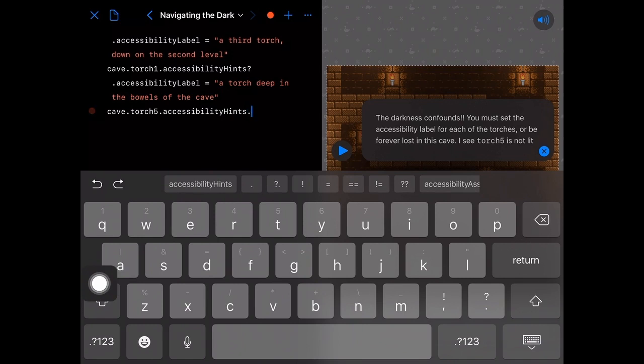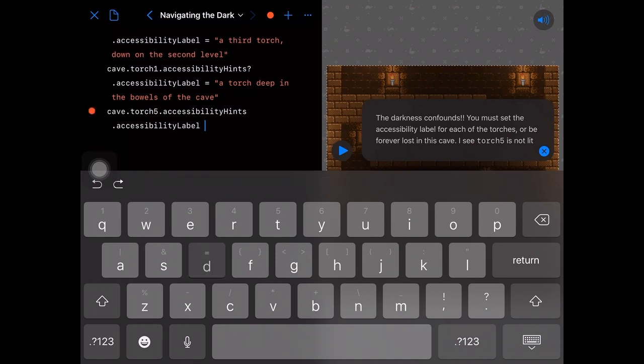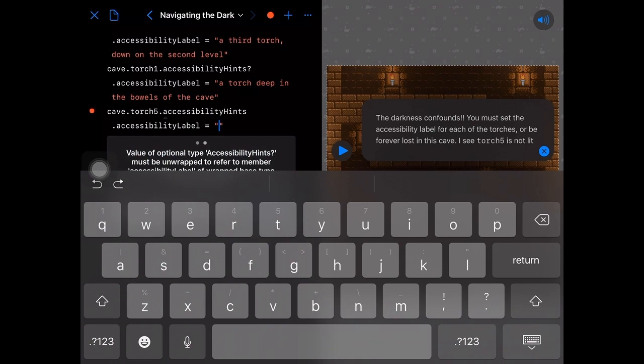Now, if we use just the dot, we can do that. We've seen that before. And if we say accessibility label, you can see autocomplete saying, no, you really need that question mark there. Let's try it without it. Let's spell it all the way out. Accessibility label. And then we need an equal sign after that. And then we'll have our string. Now we've got an error, so if we tap on that,